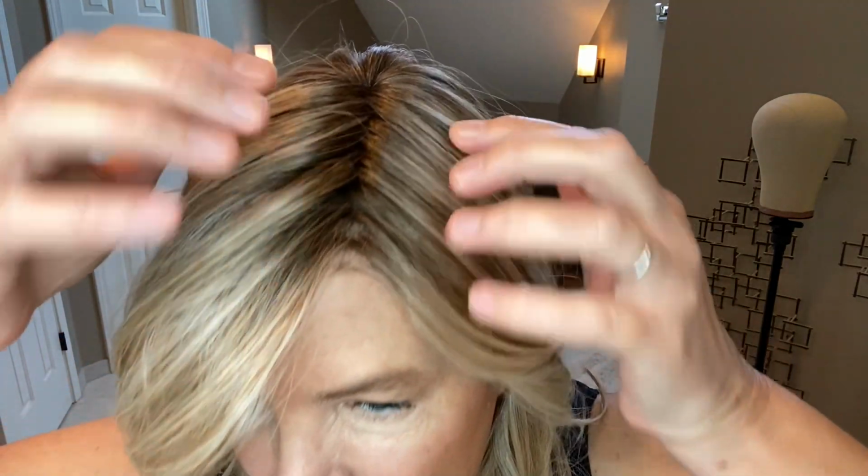Again, we have a left mono part. We still have that zigzag parting because I haven't styled this wig yet. And we have that extended lace front running from here. Some of my bio hair is showing there. About here to here on me. Some lighter fibers in the front, a very soft hairline that's not too dense. I think that looks very realistic, and I'm sure we'll be able to achieve some scalp appearance once we change this zigzag parting. So let me go ahead and show her to you from all sides